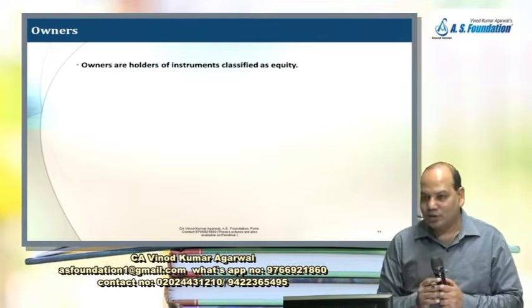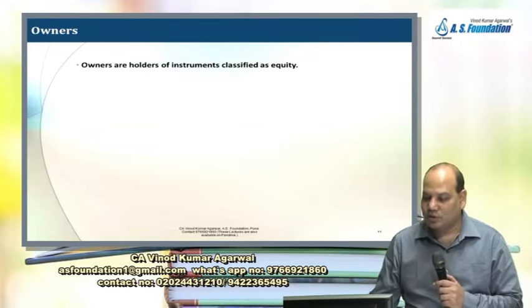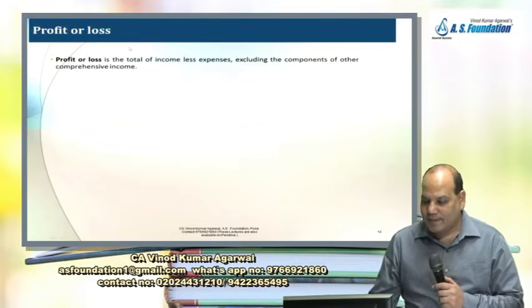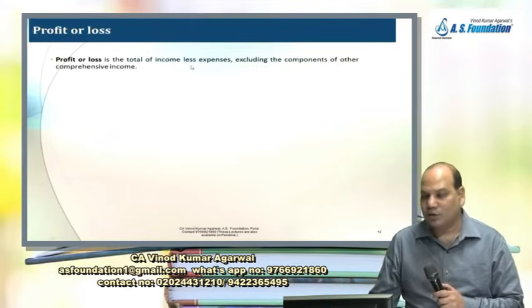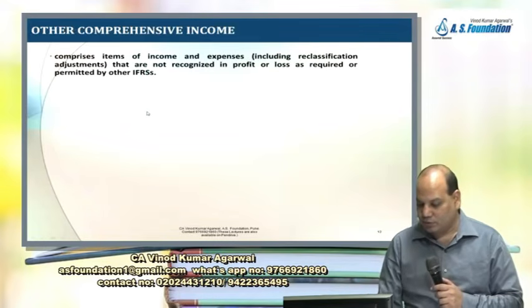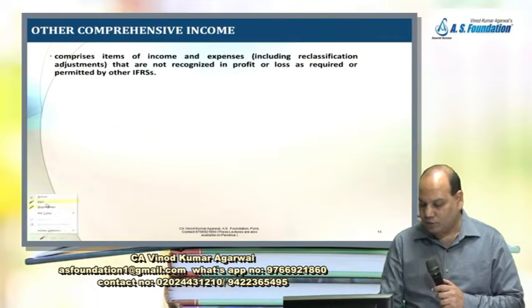Who are the owners? Owners are the holders of instrument classified as equity. What is profit or loss? Profit or loss is the total of income less expense. So it is income minus expense, but it will not cover components of other comprehensive income. What is other comprehensive income? Just first quickly I will tell you